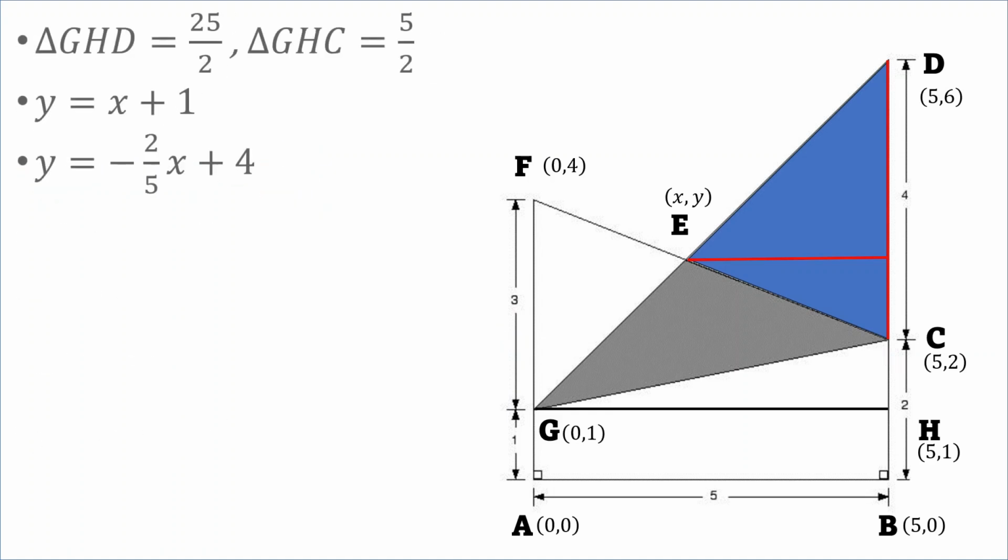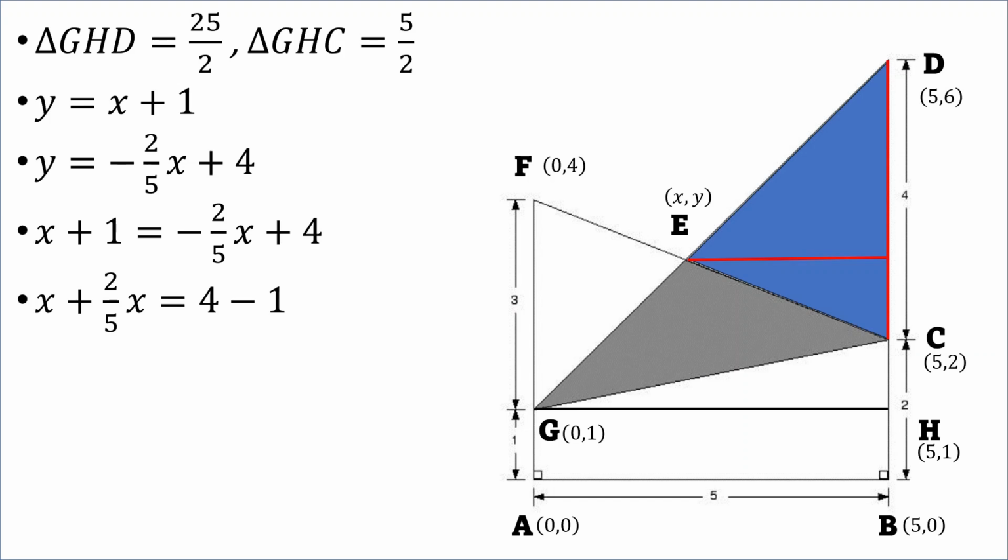So how do we find the point of intersection of both of those? Well, if we know the equations for both of them, we can simply equate them to each other. So we will have x plus 1 is equal to -2/5 x plus 4. Transposing, we'll have x plus 2/5 x is equal to 4 minus 1. Adding, we get 7/5 x is equal to 4 minus 1, which is 3. Transposing, x will be 3 times 5 divided by 7, or in other words, the coordinates for point E, x